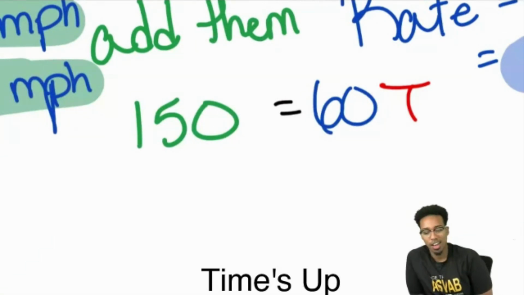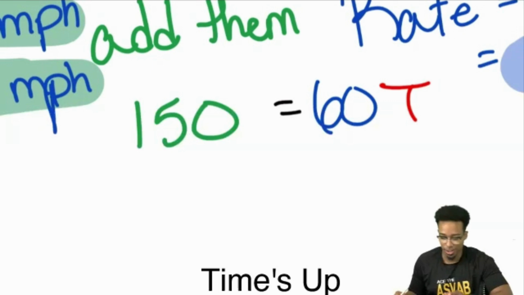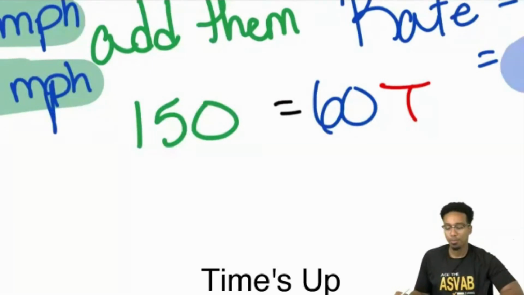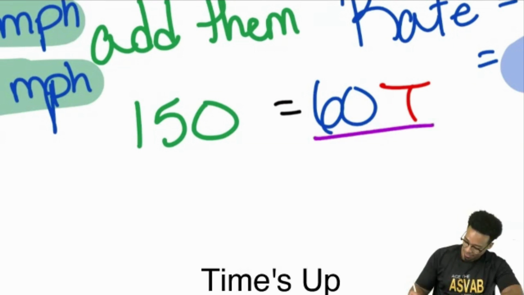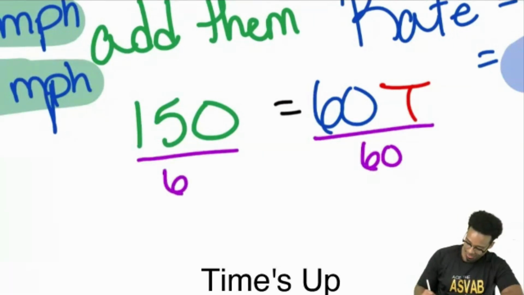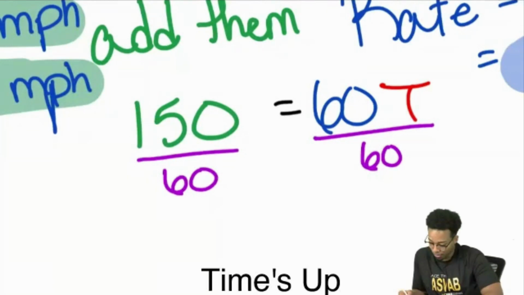Yeah, we're going to have to divide. Divide what? Divide by 60 on both sides. Appreciate you. I don't know who said that because the chat went by so fast, but divide by 60 on both sides. Let's not get lazy here. There it is. Divide by 60. Cool. So with that said, 150 divided by 60.